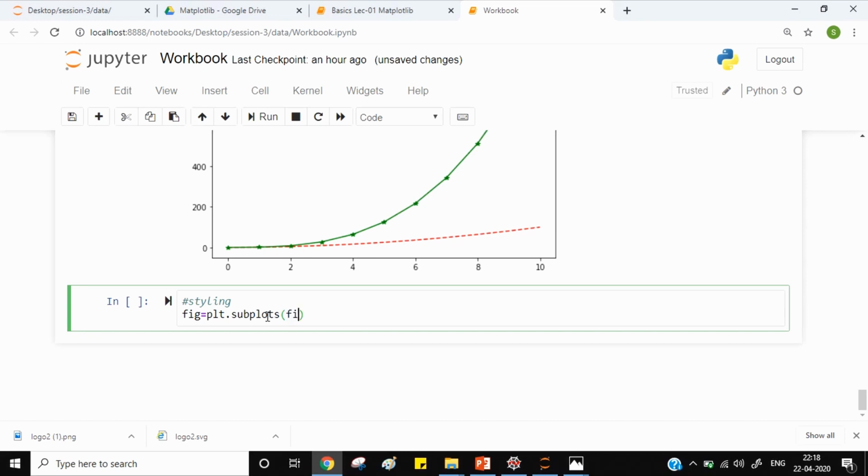I will mention fig size. Say 12,6. This is based on hit and trial. See, check the output. If you find that the dimensions are good, then keep it, otherwise change it.